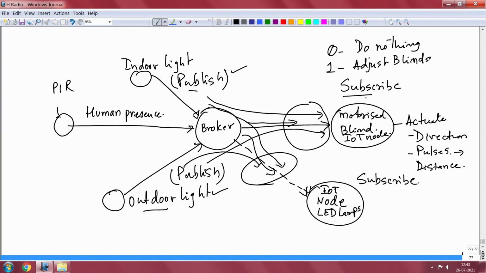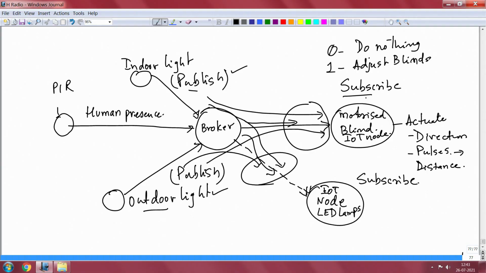Again, you do not need humans in the loop. You are able to manage the complete IoT system just by asking sensor nodes to just report their values, just publish, and then you build applications by taking subscriptions. You know that this information is there, you pick it and you build interesting applications. Fantastic applications can be built by this method.